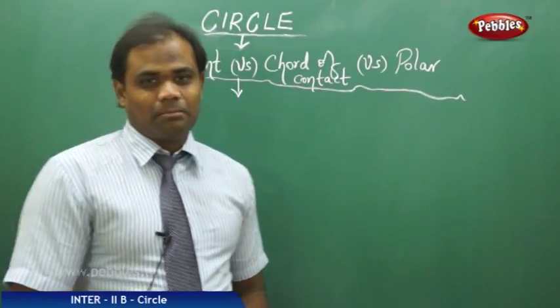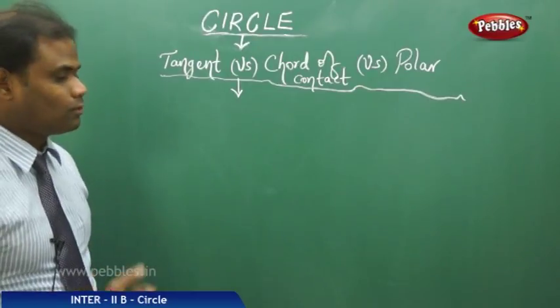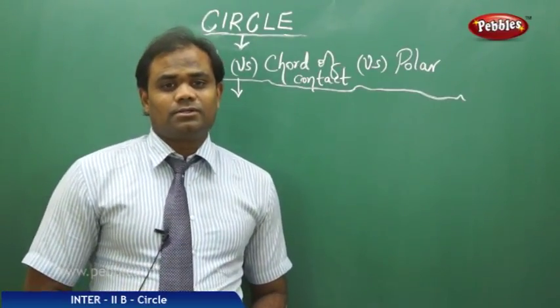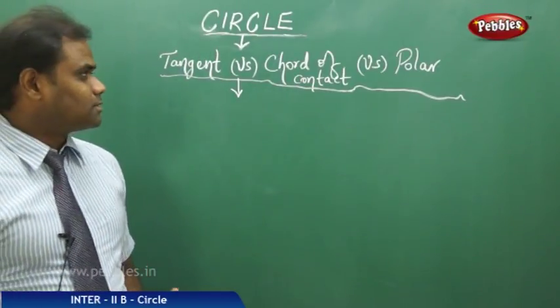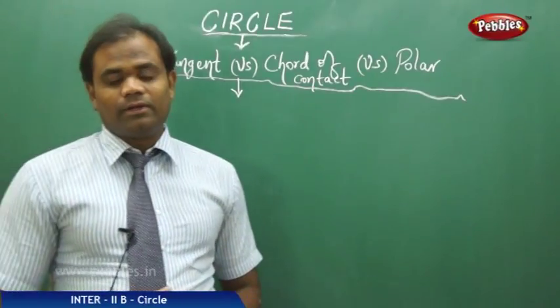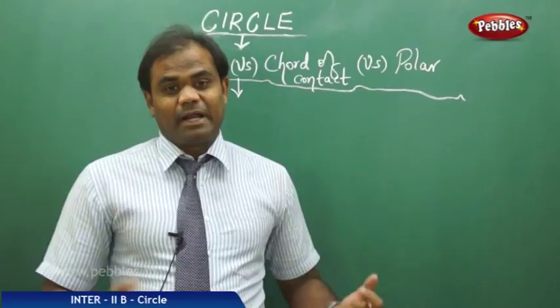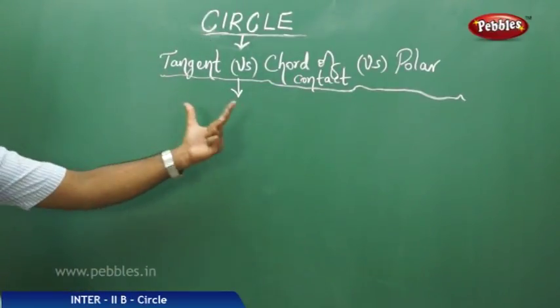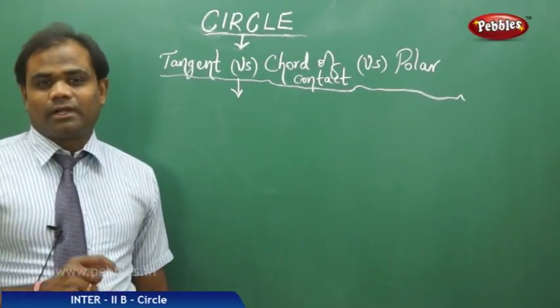So let's now compare the tangent at the point P, the chord of contact at the point P, or polar of the point P. So now that we have discussed three of the cases individually for tangent, chord of contact and polar, now let's see the position of point connected with each of them in comparison. So let me make a tabular column of all these three connected with the point interior, point on and point